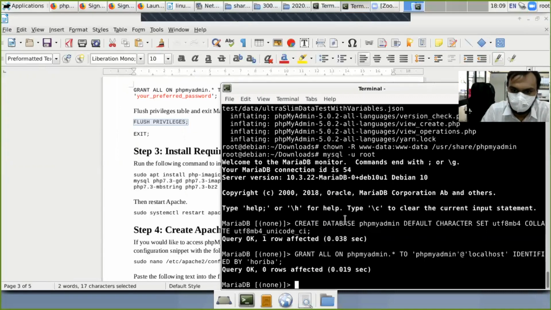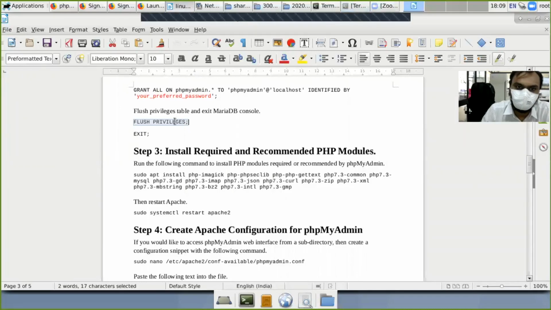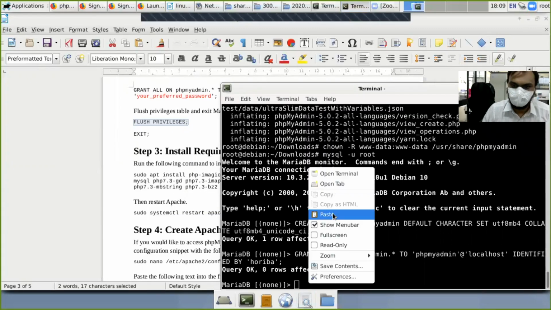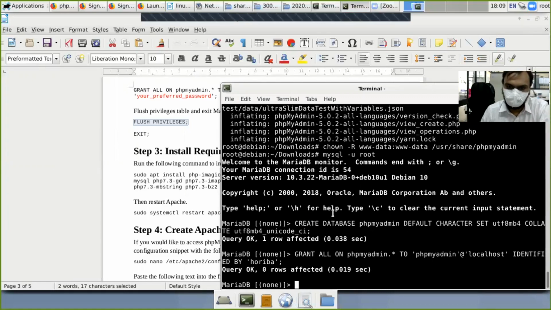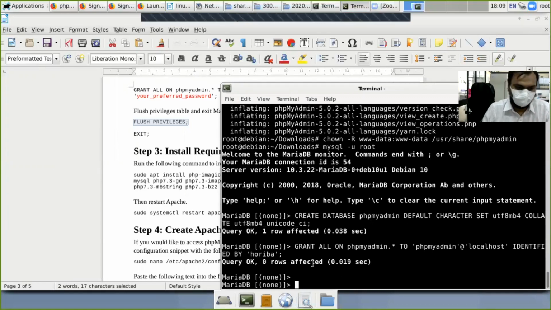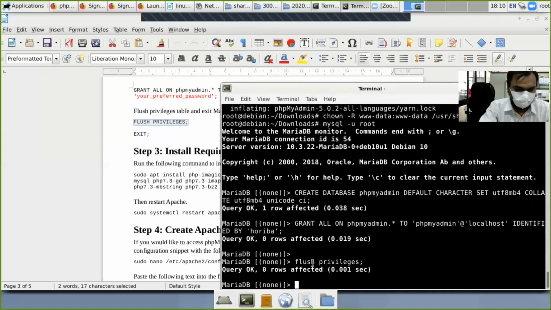Some problem is there, so I will type it manually now. Flush privileges. And exit.